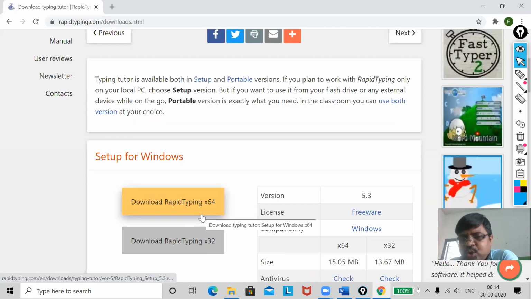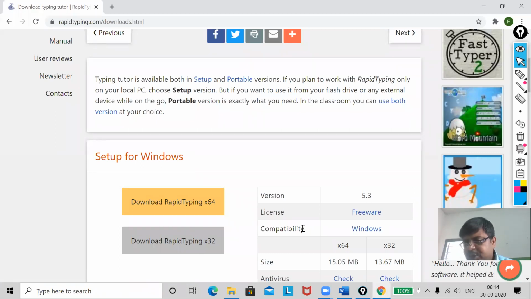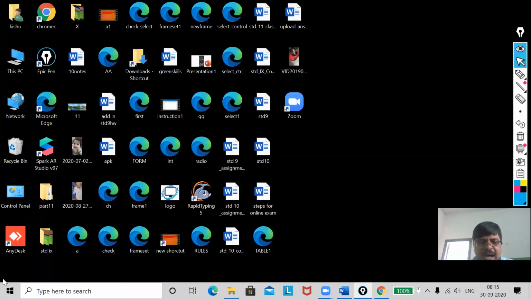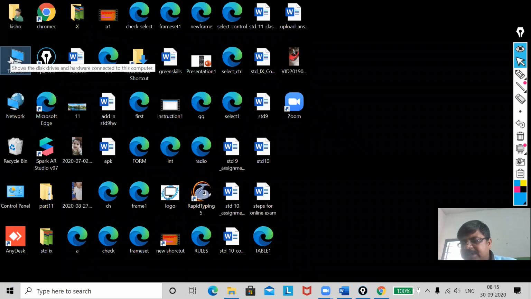Now, you can see you have download rapid typing in 64 bits and 32 bits. First, you have to check which bit my Windows is. For that, first of all, you have to go to My PC, or This PC, or My Computer.